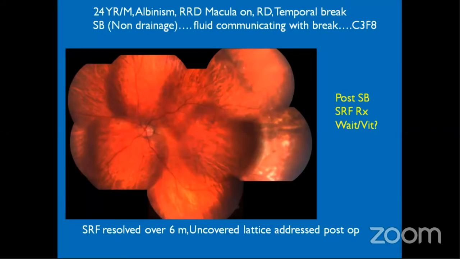The break was supported over the buckle, but there was a little bit of a jet of fluid communicating with the subretinal fluid, communicating with the break. So a gas bubble was given and the patient was positioned. The gas bubble got displaced, but subretinal fluid stayed for a long period of time, up to 4 to 5 months, and finally settled. So we did not take this patient again for surgery because I was sure that the primary pathology was supported on the buckle, and after the gas got absorbed, there was no fluid communicating with the break.